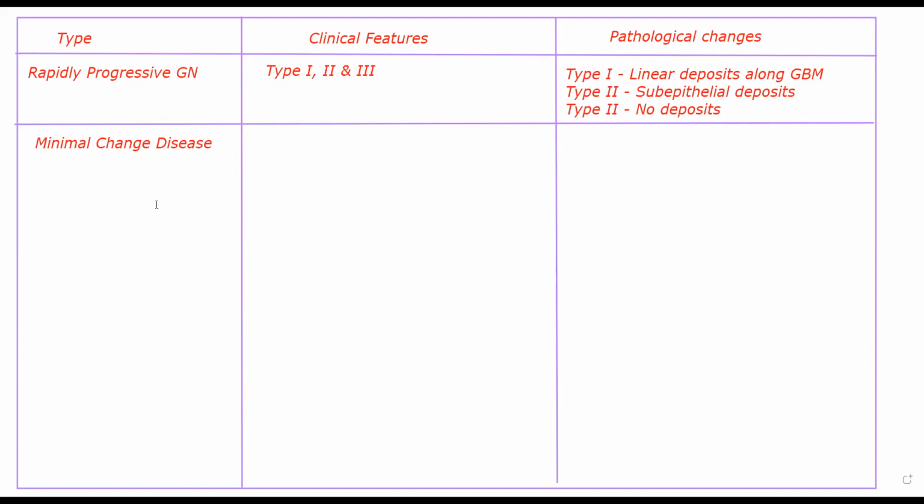Now, in this, the patient's main clinical feature will be nephrotic syndrome. In the previous class, I had explained what nephritic syndrome is, right? Now, nephrotic syndrome is something that comes prior to nephritic syndrome. Nephritic syndrome is something more severe when compared to nephrotic syndrome. So how does nephrotic syndrome start?